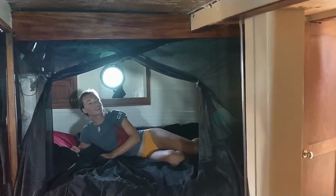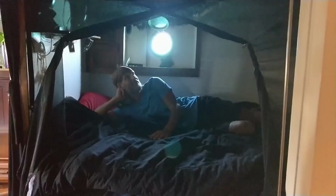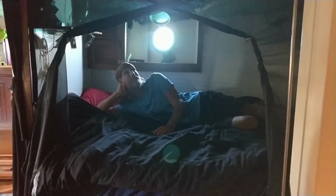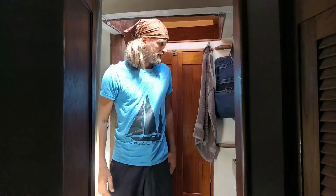It's too hot. And my personal fetish is this fake bear fur. I love it. I had it in my car when I was cruising around in a van. I had to put it in here. Our hatch, the forward hatch over here with the shower,